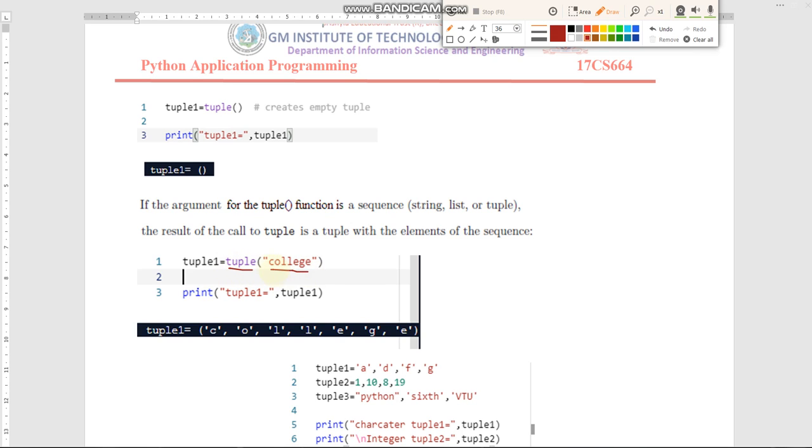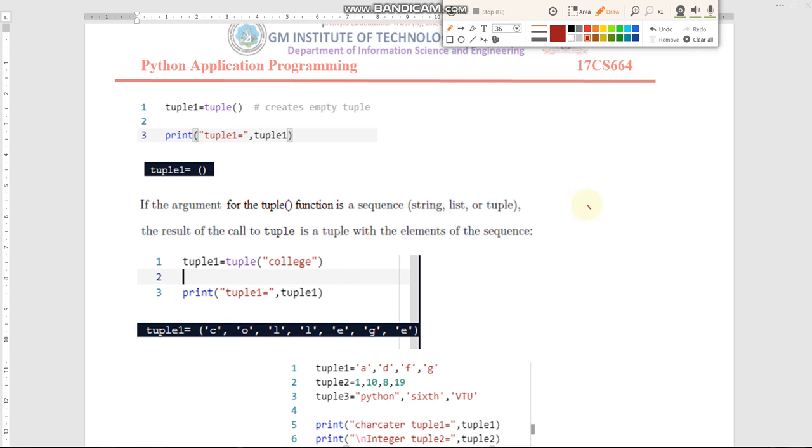The tuple function converts the string into individual characters, those characters are assigned to a tuple variable, and each character becomes a tuple element. Here using the print function we are printing tuple 1. Its contents are like this. See, all the elements are enclosed inside the parenthesis, and the string is converted into individual characters as tuple elements.